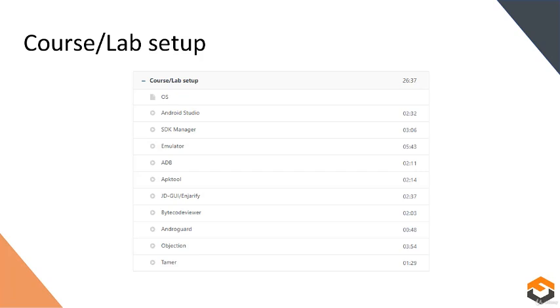Then we will move on to the installation of reverse engineering tools, namely APK Tool, JD-GUI and Jarfy, Bytecode Viewer, AndroGuard, and Objection. We will also briefly discuss Tamer, which is a VM that actually comes with all of the above mentioned tools pre-installed.